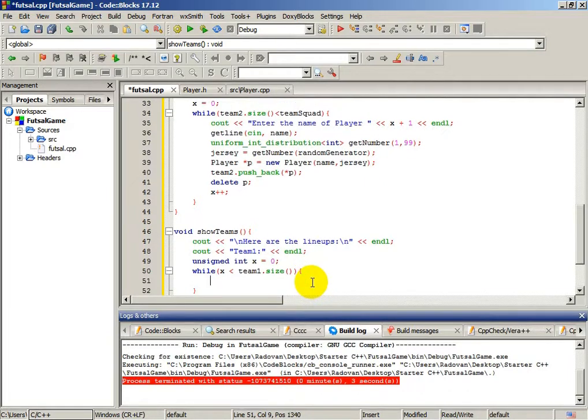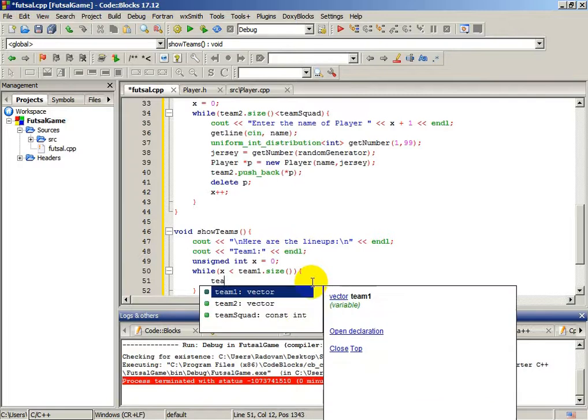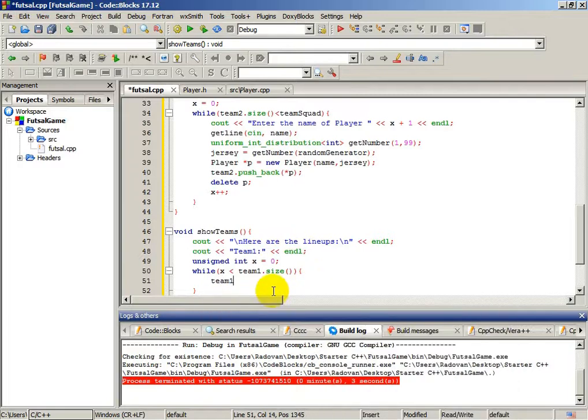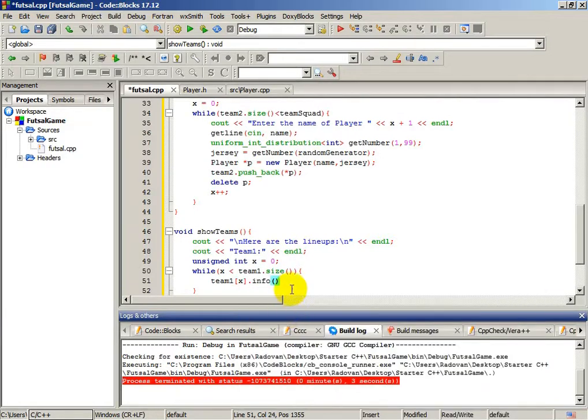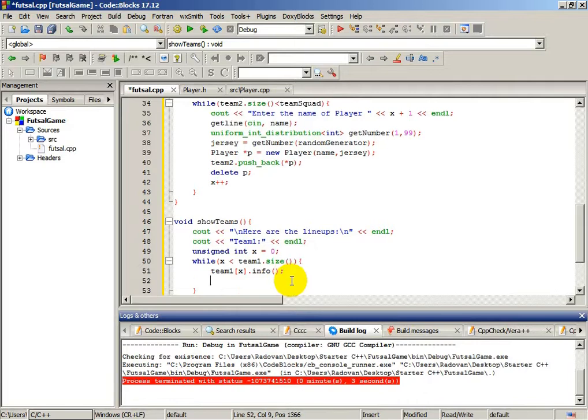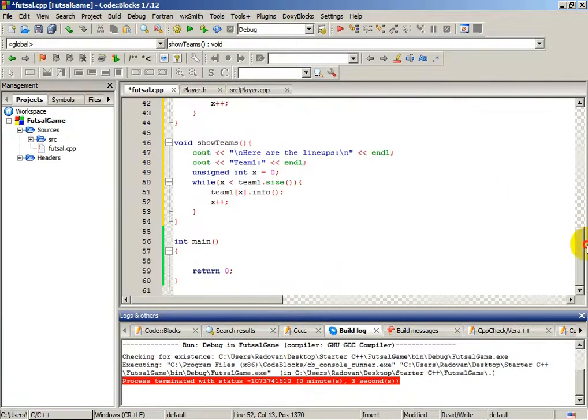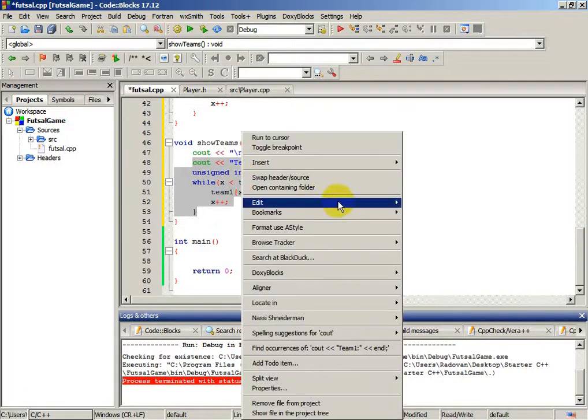Now we will need the info function: team 1 of element x, dot, we will need the info function, and we need to increment this x, and that will be fine. And we will just copy this. We will do the same thing